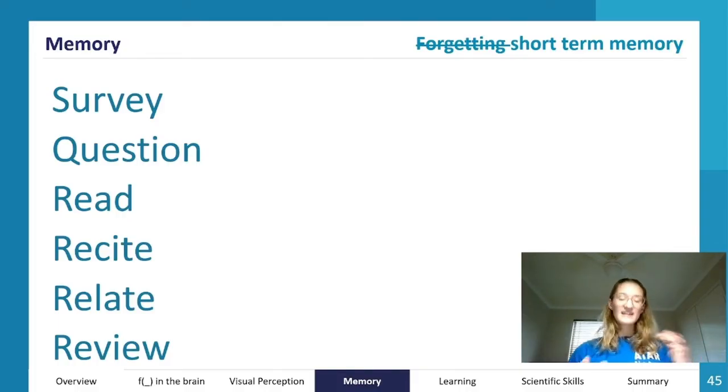Following that is our relate, which is relating the information back to what you already know. And like I've been saying, that's all about your semantic encoding, because the stronger the association between what you're reading and what you already know, the more likely it is that you'll remember what you're reading. And then review, which is looking at key terms, key information, and then checking if the information has been remembered. So survey, question, read, recite, relate, review is a process, like a scaffold to guide your thinking: what am I reading? Do I understand what I'm reading? Can I relate it to what I already know? So it's an active questioning that you can use with yourself to